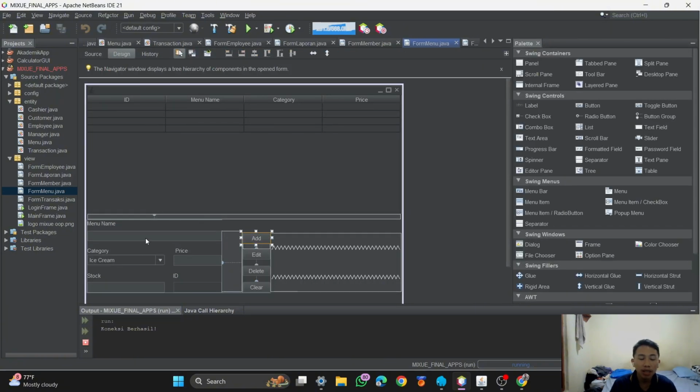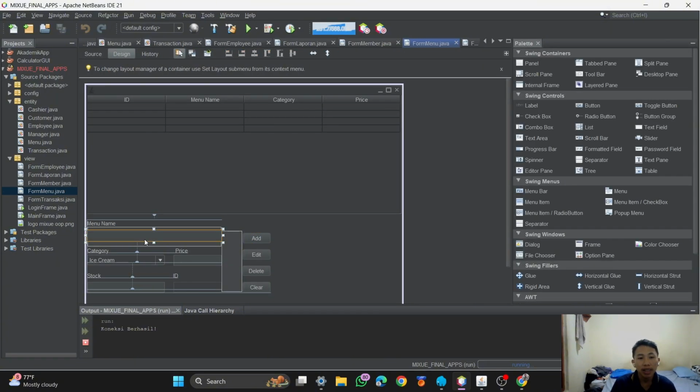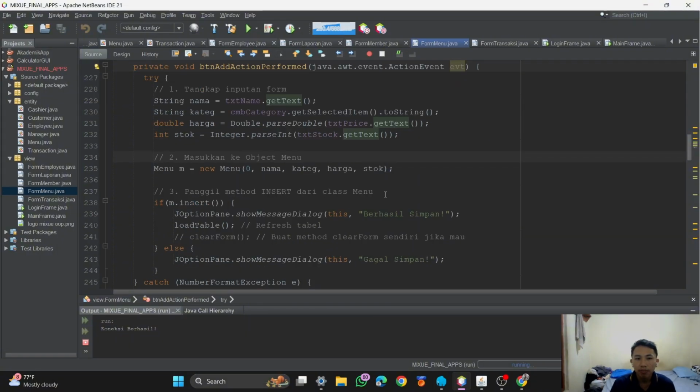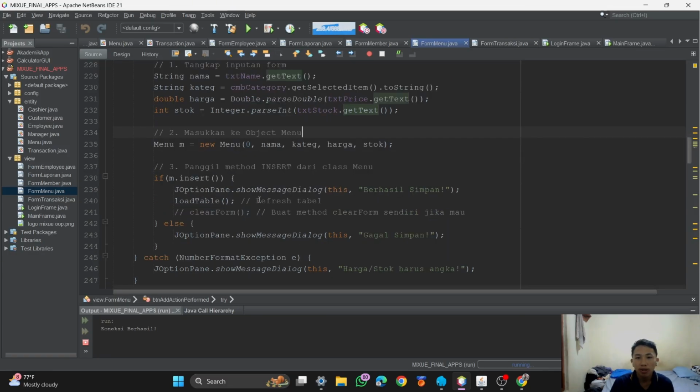What does that mean? That means if we type in the column of this menu name, select the category, input the stock and price, that will be added to the object and inserted to the database.